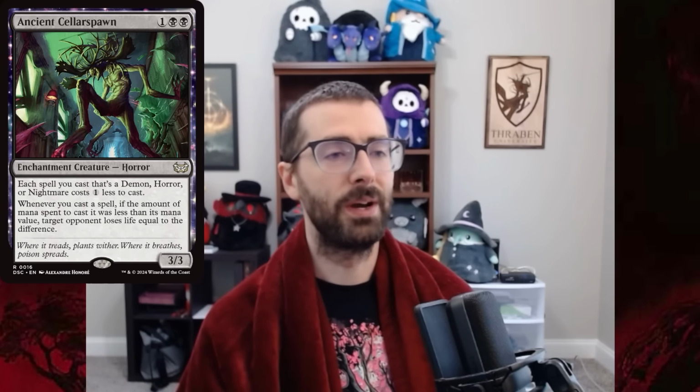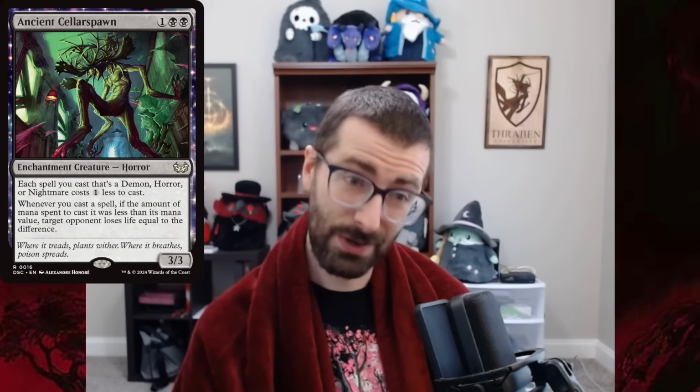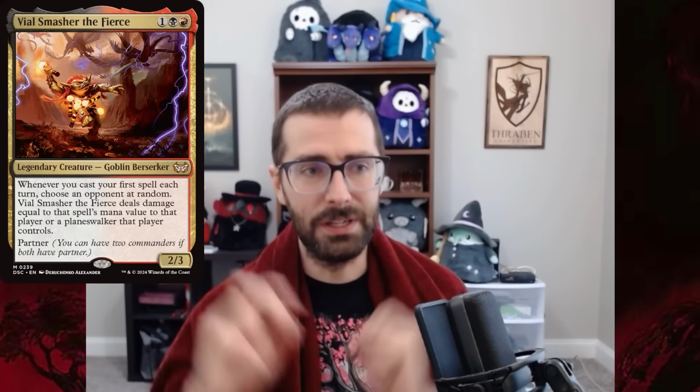More importantly, whenever you cast a spell, if the amount of mana to cast that spell was less than its mana value, target opponent loses life equal to the difference. Y'all remember Vile Smasher the Fierce? In a much older Legacy, Vile Smasher saw a little bit of Legacy play in flex slots of things like some Delver decks or some Grixis control deck lists. Because if your first spell is something like a Force of Will or a Murderous Cut that has a high CMC or mana value, then you're dishing out a Lava Axe worth of damage for free